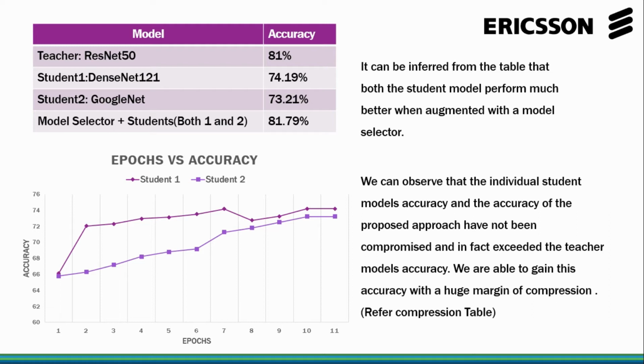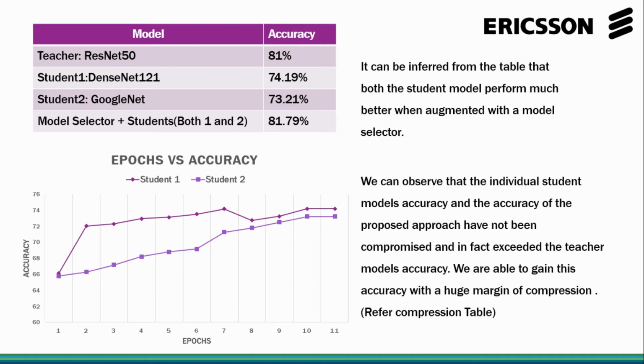A very important factor to be noted here is why the teacher is not performing as well as the model selector. At least we hypothesize that the teacher is a highly overparameterized model. It has a lot of layers, a lot of parameters, so it could potentially overlearn, or it could be overfitting, or it could be learning too much about the data, which might be additional information which might confuse the network while it's performing inference on unknown data. But the model selector, which has just what is necessary and an optimum number of layers, is able to learn only what is necessary and the important features, and it's able to perform a very good